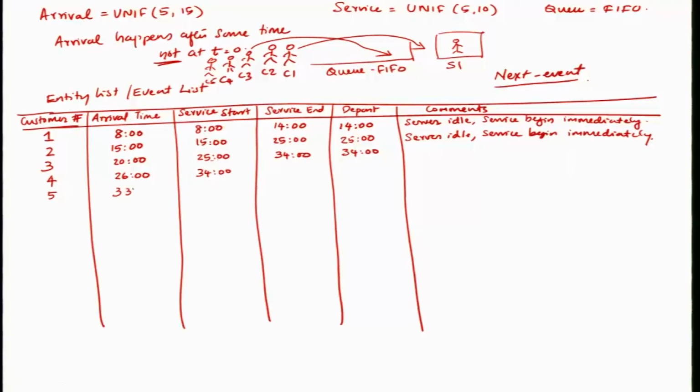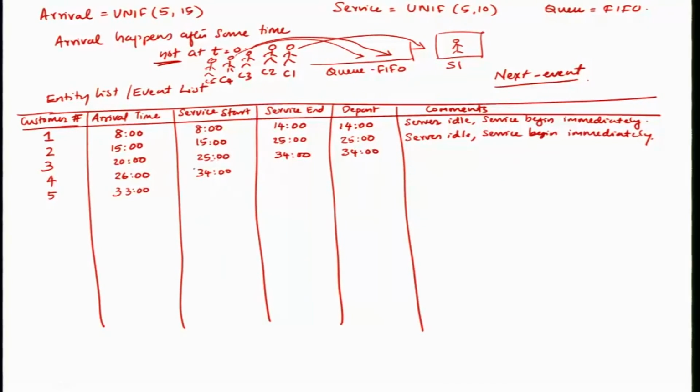It will arrive at 33 time units because of 7 time in between. So, then when it comes at 33, it is not served, because it already sees one other person. C4 has also joined the queue, and then C3 will also join the queue, and its service can only start a little later down the road. We do not know when it will be, but now that it reaches 33, now what happens is